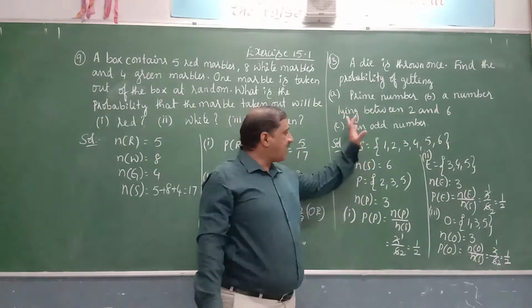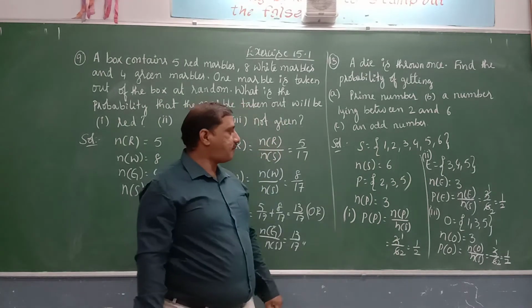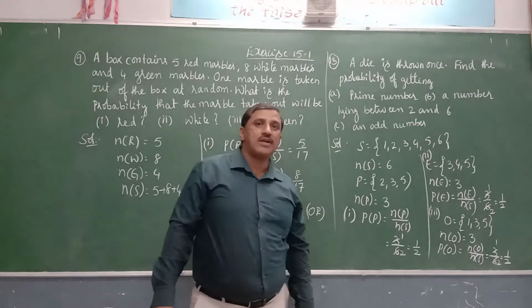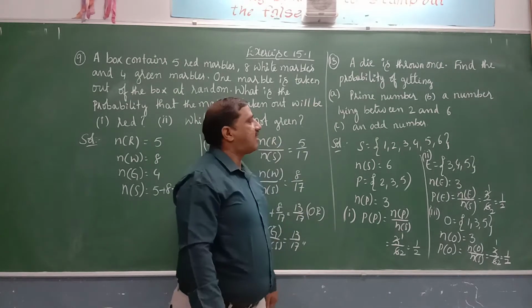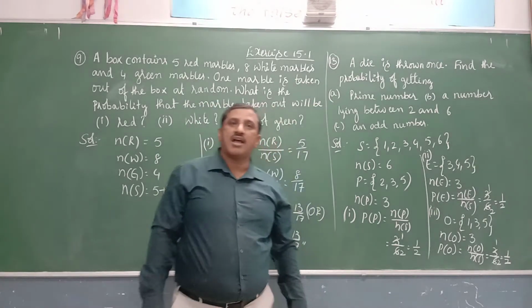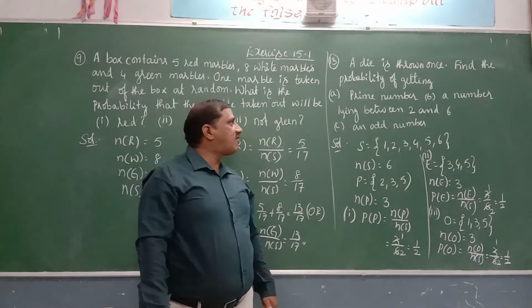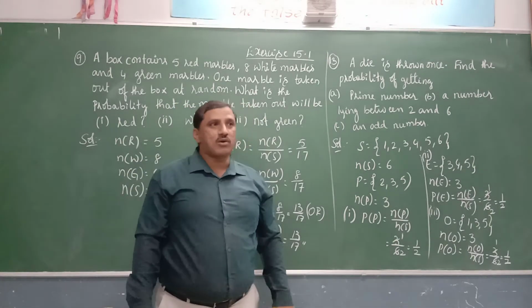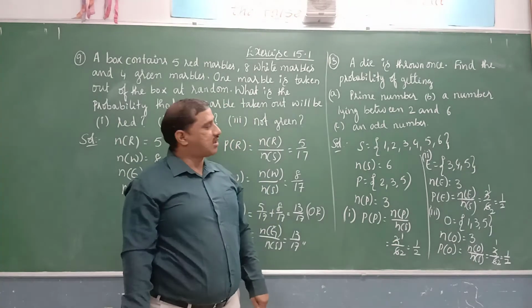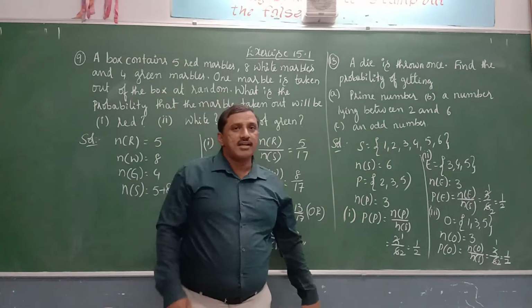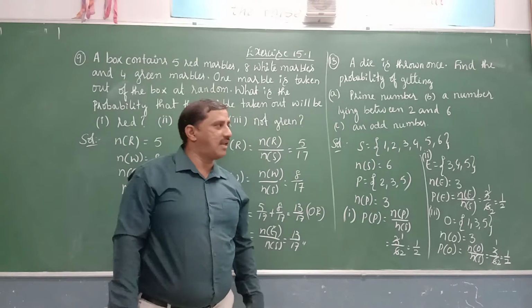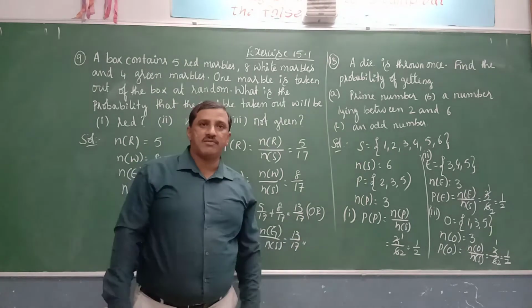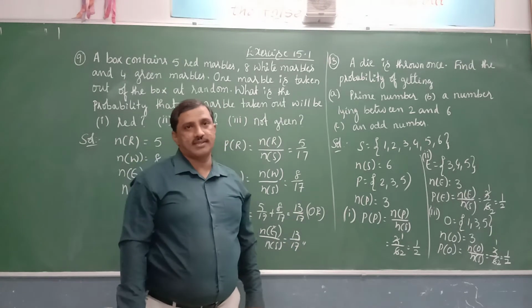If you observe the three cases, we got the same probability, that is 1 by 2, 1 by 2, 1 by 2. That's why we call these three events equally likely events, or equally likely outcomes. These outcomes are known as equally likely outcomes. So like this we find. Similarly we will discuss when two dice are thrown simultaneously, what questions will be framed and how to solve those. Is it clear, children?